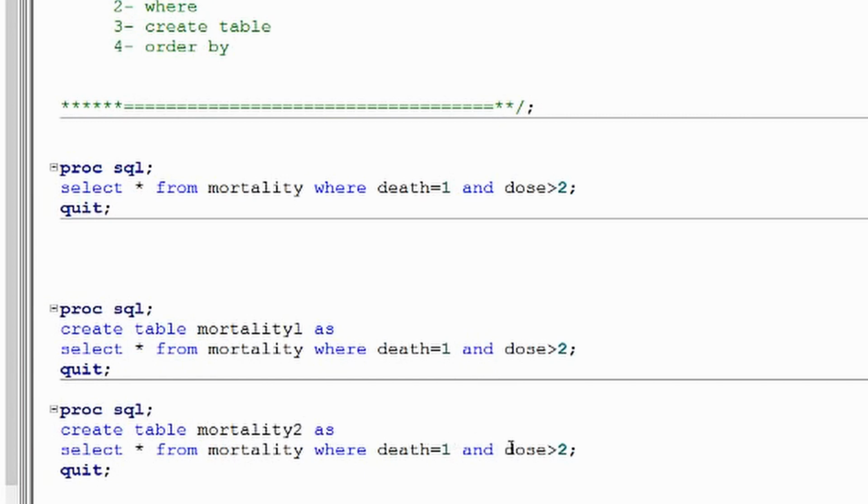The conditions are the same, but I'll make sure that the new dataset is sorted by dose. This will sort in ascending order by dose. So that's how the syntax looks: select star from mortality where death is equal to 1 and dose is greater than 2, order by dose. So order by is used for sorting a dataset.